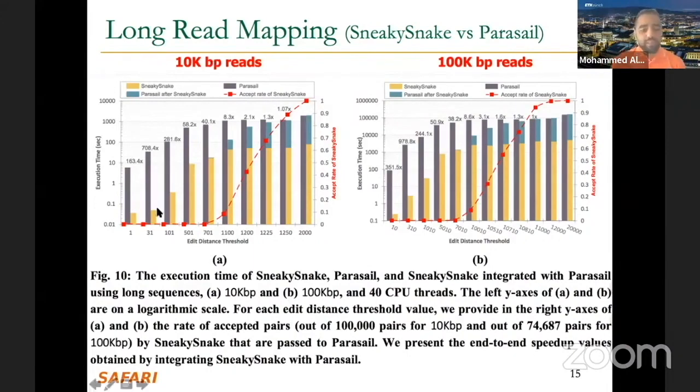In the yellow columns, you will see the execution time of SneakySnake only, the filtering. And in the gray columns, you'll see Parasail. Just running SneakySnake alone and running Parasail alone, you'll get these plots. And now, if you go to SneakySnake, you get the accepted pairs and you try to run Parasail on only the accepted pairs, you'll